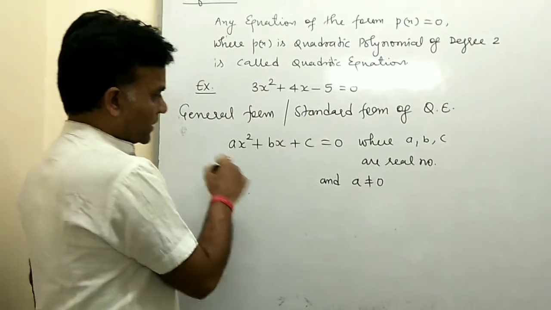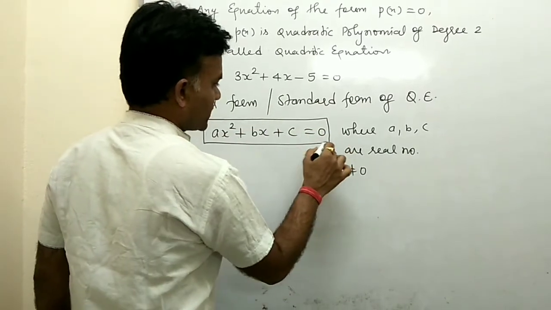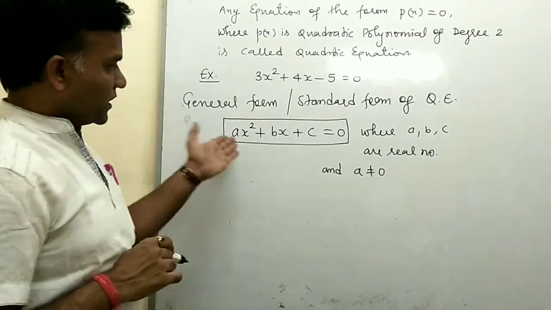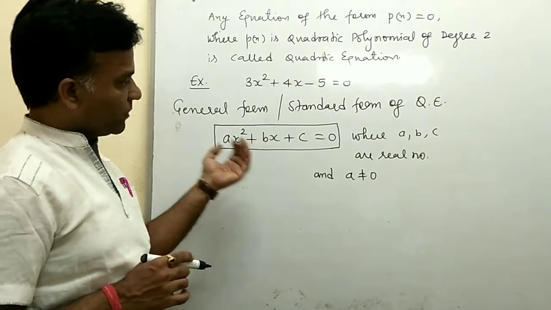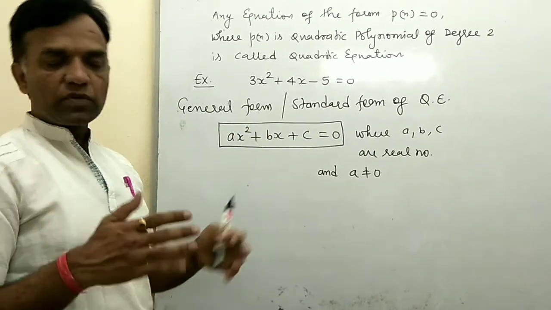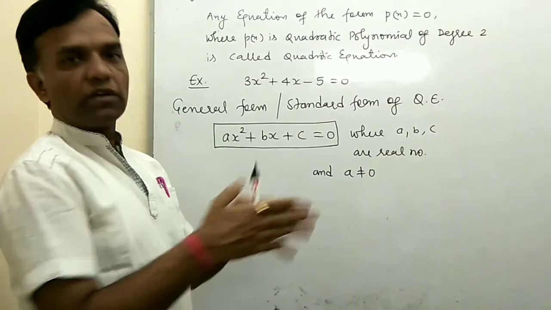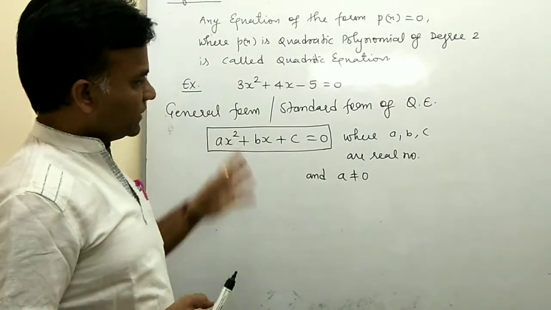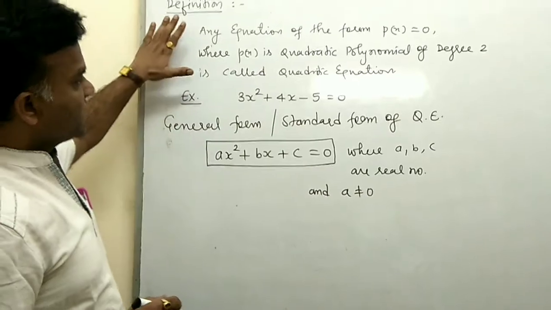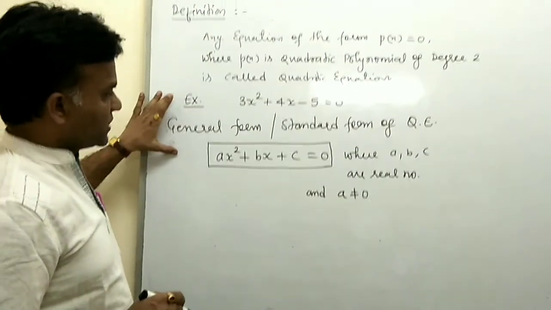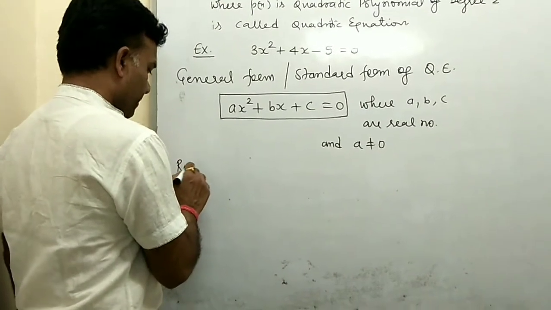And then this is the general form of the quadratic equation, ax square plus bx plus c, and this is also called the standard form, because your equation may be given with x first, then square in the second place and constant in the third place. Then you arrange the highest power first, then second, in decreasing order of degree. Okay, then it is converted to the standard form. And now the second topic: first we defined, second was general form or standard form of quadratic equation, and now roots of quadratic equation.